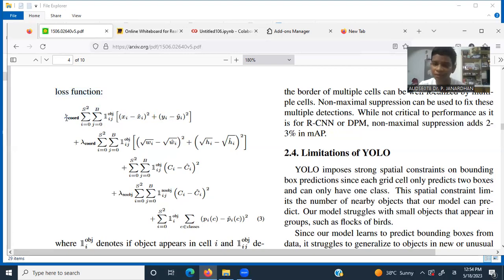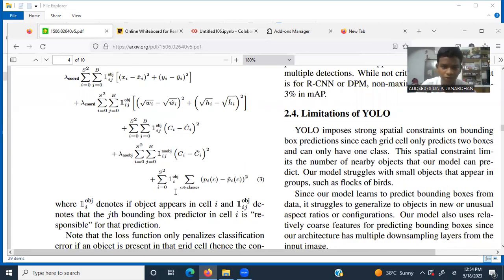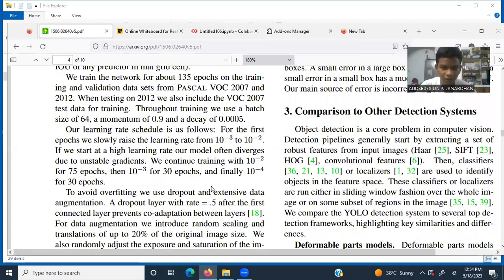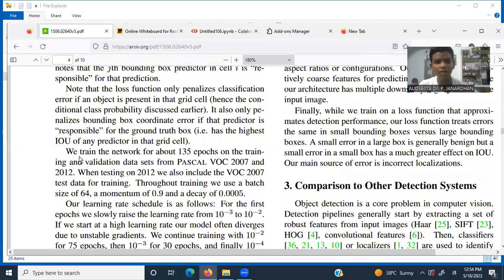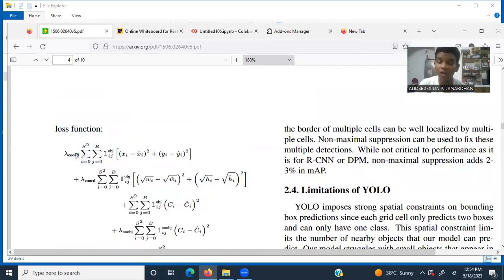I think in the paper they have used 5. Let's just see what they have used. They have used 5. I think they have used 5 as the first lambda quad, and you can just set any value according to the problem that you are solving. How important are these values for you? And then